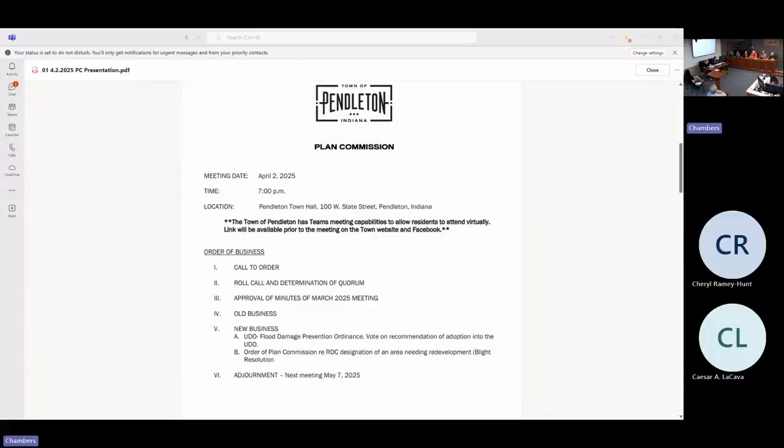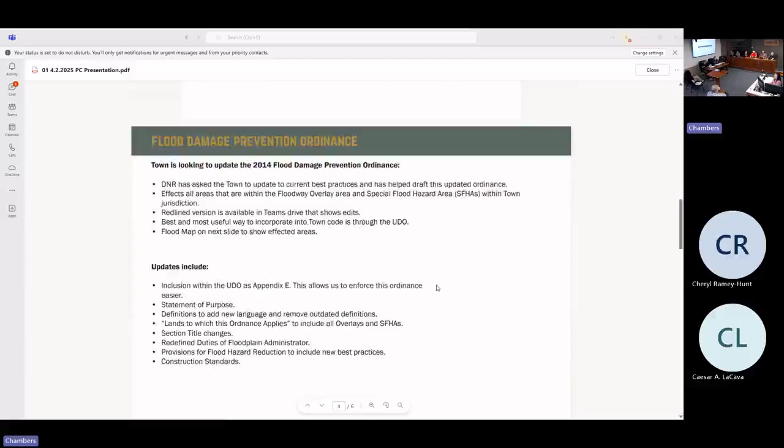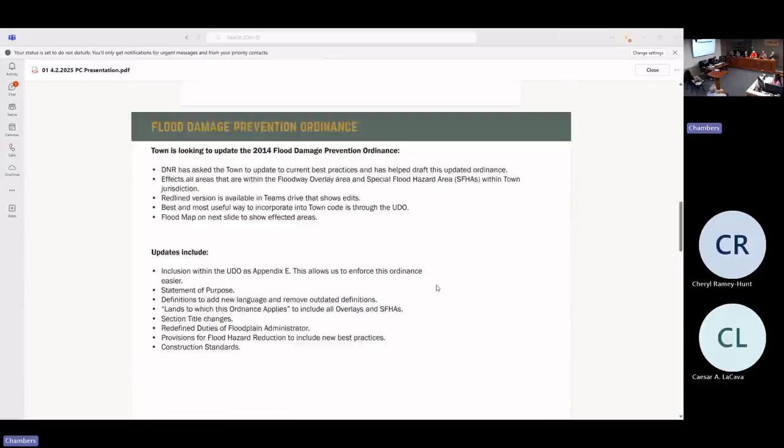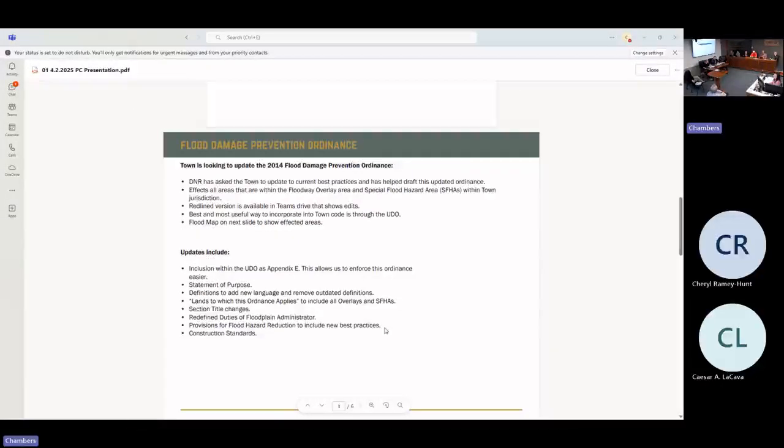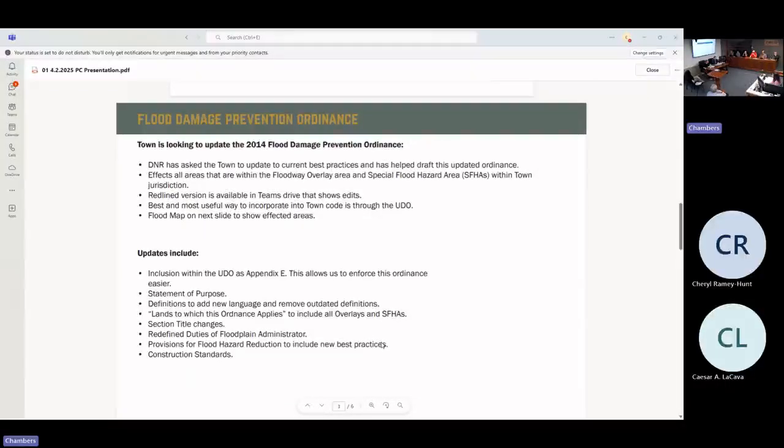All those in favor of accepting the minutes as submitted, please say aye. Those opposed? Thank you. Having no old business on the agenda, we'll move to new business, which is the Unified Development Ordinance Flood Damage Prevention Ordinance. It's a mouthful. Okay, so we were approached by DNR mid-year last year, about July, to update our flood